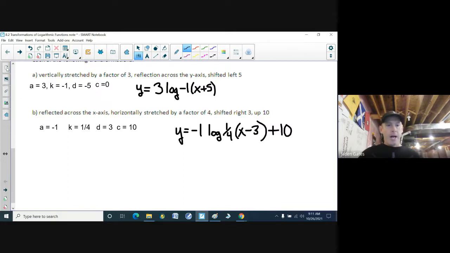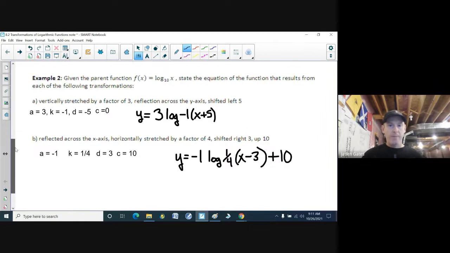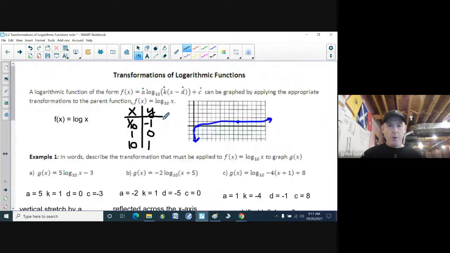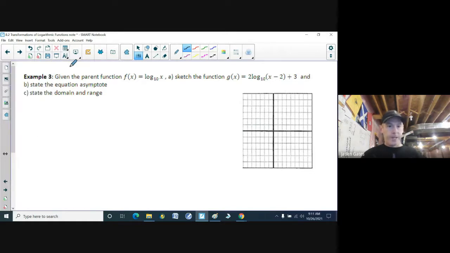All right. Now to actually do some transformations. And again, I'm going to scale up here. I'm going to use my 3 key points for my logarithmic function to do my transformations. All right, so we get to example 3. Given the parent function, there it is. Sketch the graph of the function g of x, which is 2 log 10 of x minus 2, plus 3, and state the equation